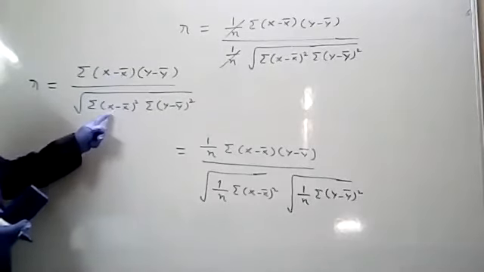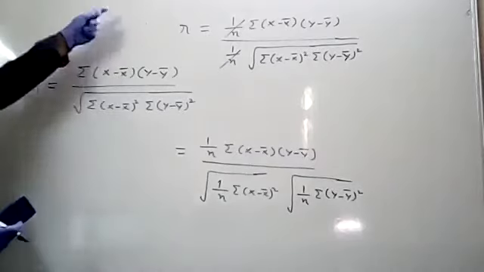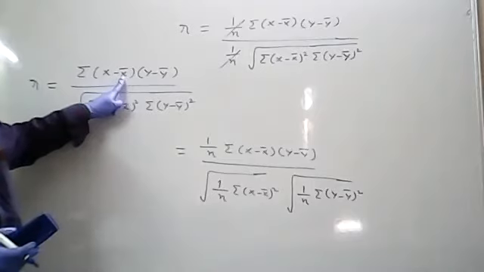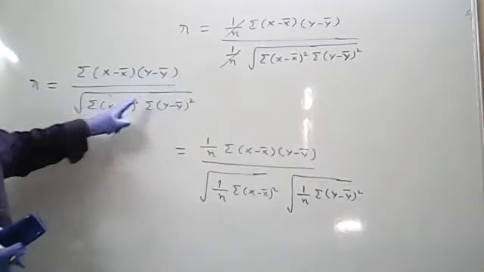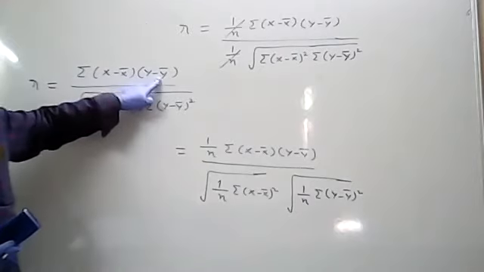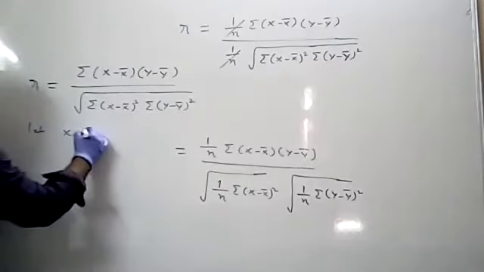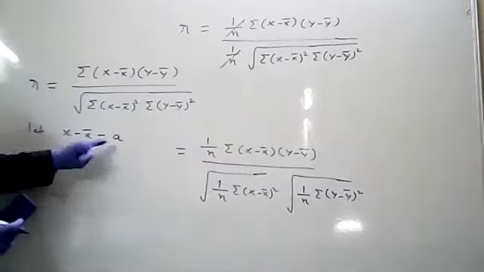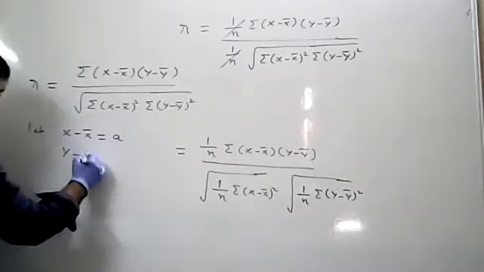now all of you understood up to this? Okay, is it clear now? Now what I will assume, I will assume x minus x bar is nothing but ai or simply a. Y minus y bar is nothing but bi or simply b. So let us assume x minus x bar is small ai, y minus y bar is small bi. If you write xi, then you will get ai. Otherwise, simply a.